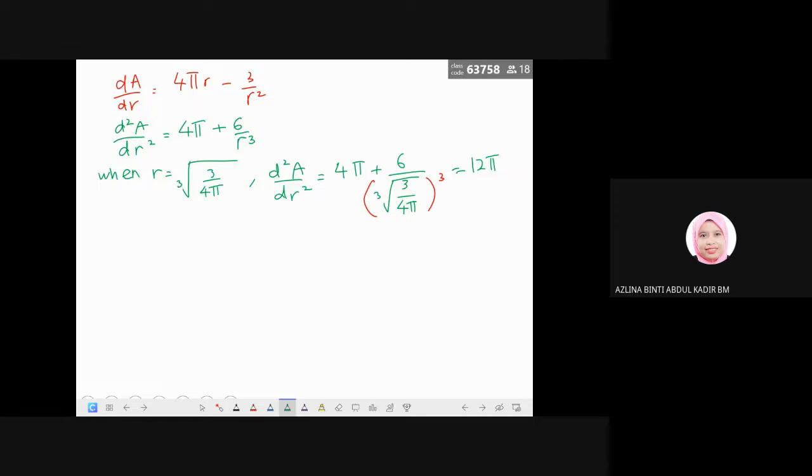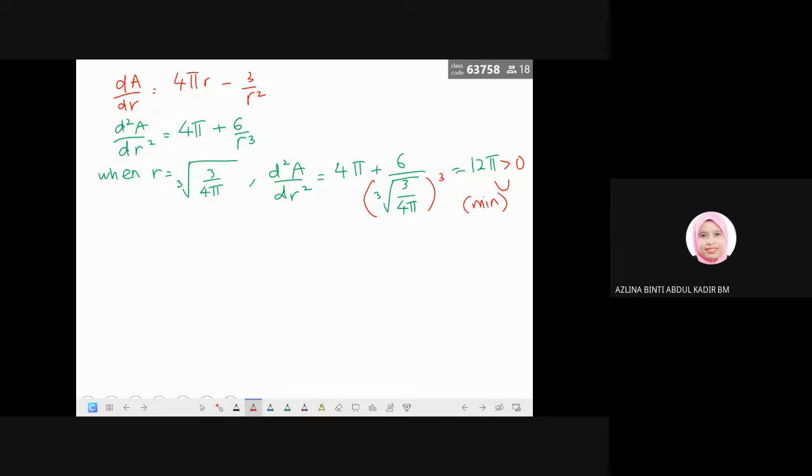Is it correct? Let's check. 4 pi plus 8 so equals to 12. So 12 pi, that means greater than 0. Okay, positif. Positif senyum. Bila senyum, minimum. Okay. And then,